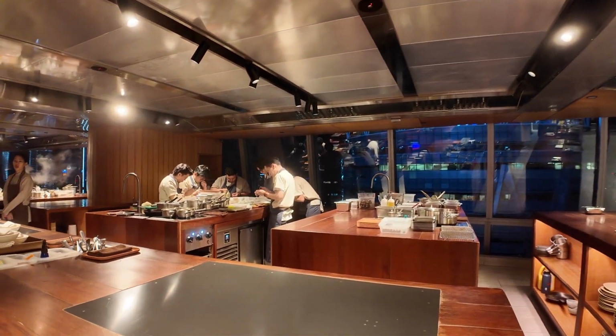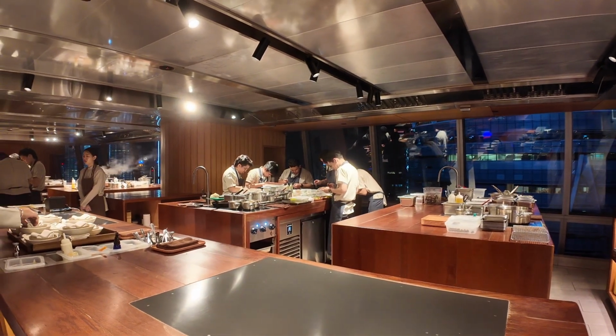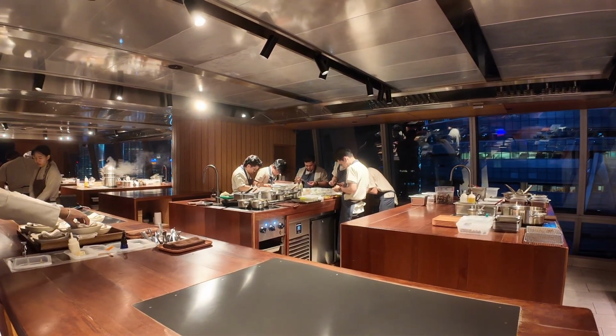So our chef will do the prep over there, then the order is fired, they will assemble there and present everything to this table. What about this table? This table, so